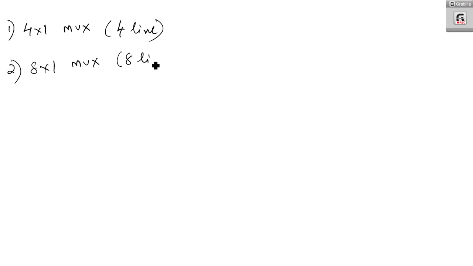First one is 4x1 multiplexer, or you can write it as 4-line multiplexer. Second one is 8x1 multiplexer, or you can write it as 8-line multiplexer. Now coming to 4x1 multiplexer, or 4-line multiplexer. Now to draw the block diagram of a 4x1 mux,